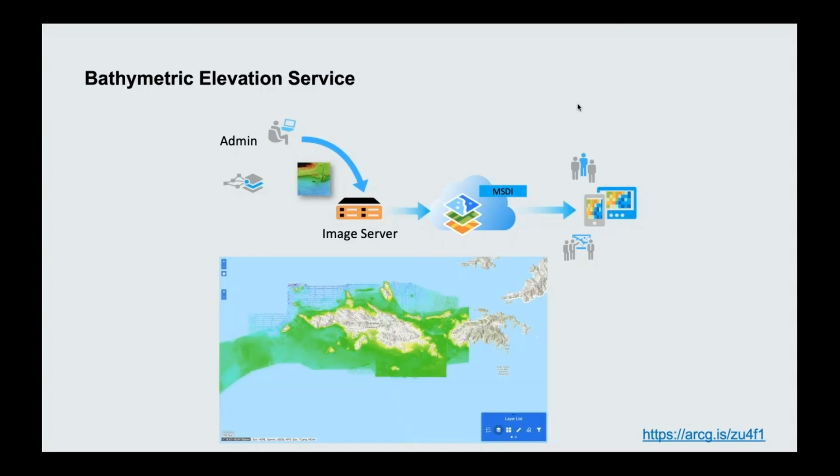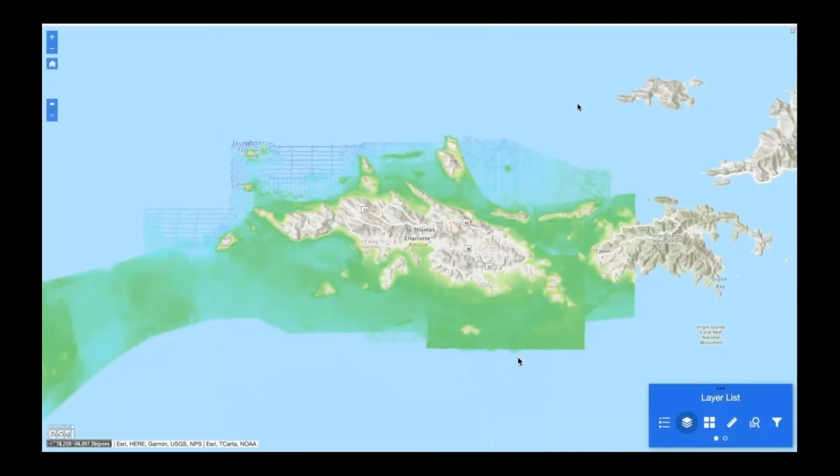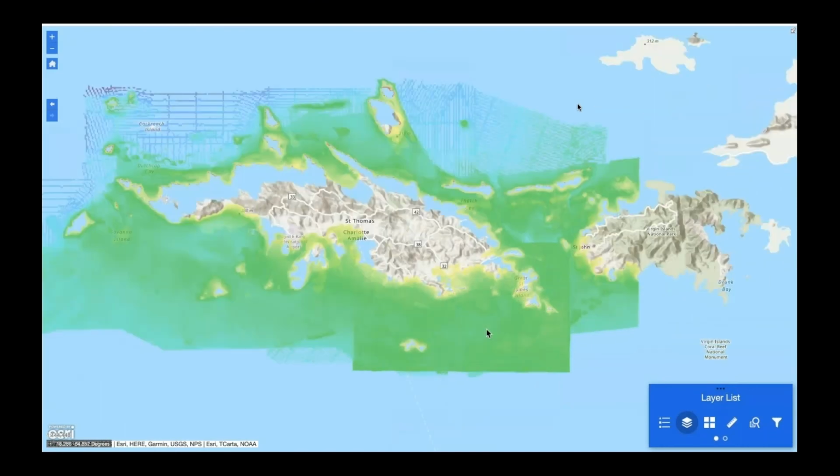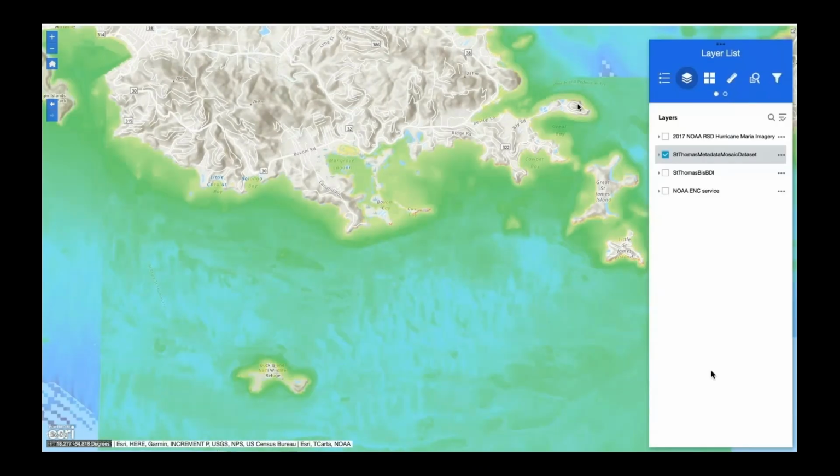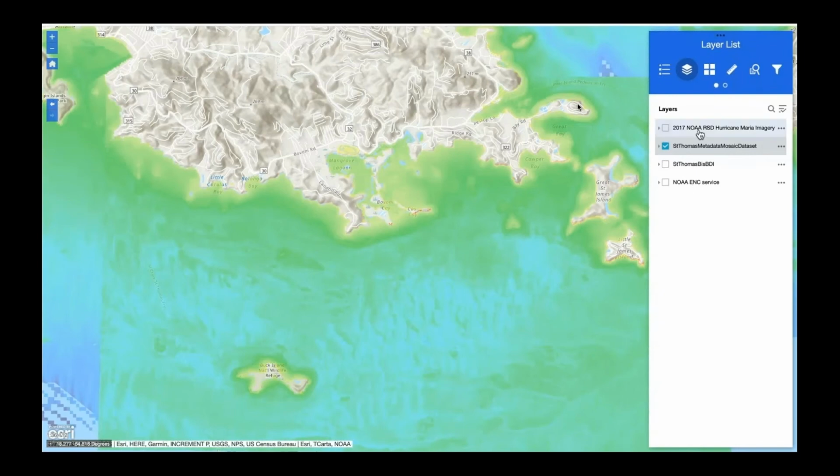So the next example, and the last one, is going to be how to create a bathymetric elevation service with our bathymetric assets and using SDB for an initial evaluation of an area where we need to do a hydrographic survey. So this is an elevation service. This is in ArcGIS Server and using ArcGIS Online. And if we go here, we can select